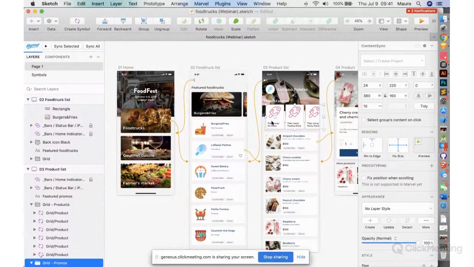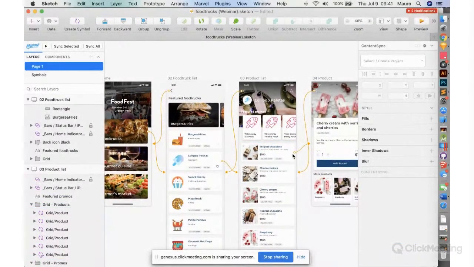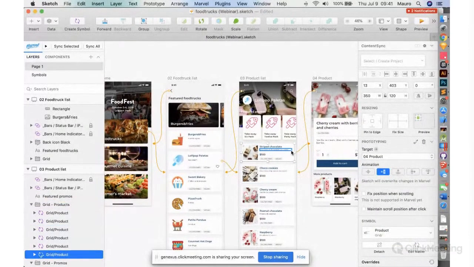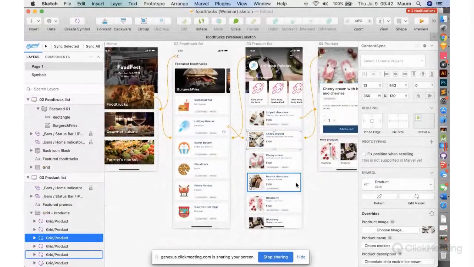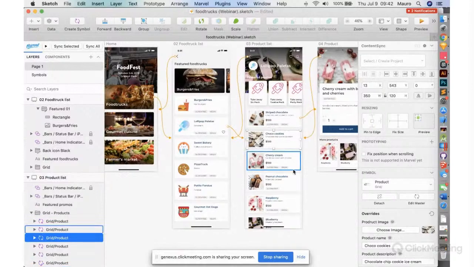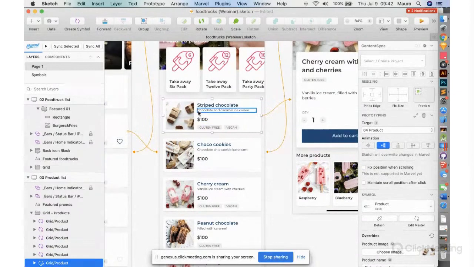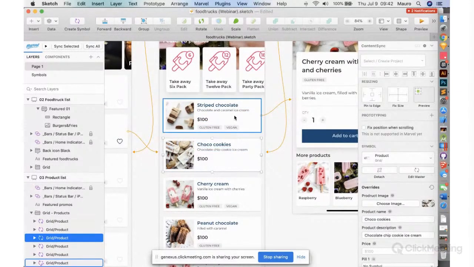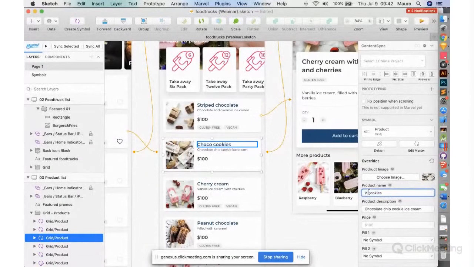Then a really important thing in Sketch is symbols. Those are like stencils in GeneXus: reusable elements that you can define once, like this one, and then instantiate in your project and override all the data. For example, this one here is one symbol. This one is the same symbol, but I changed the data. For example, here I can put like